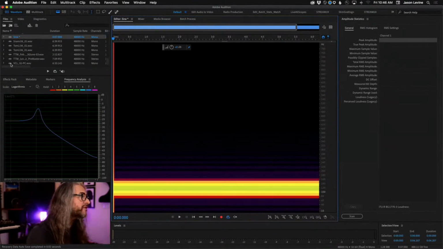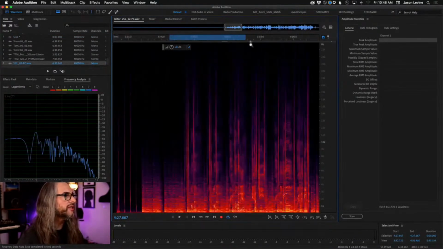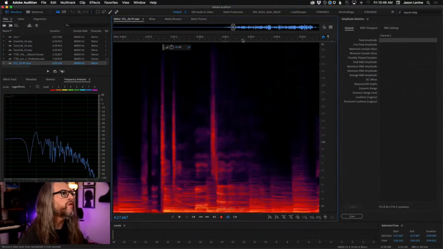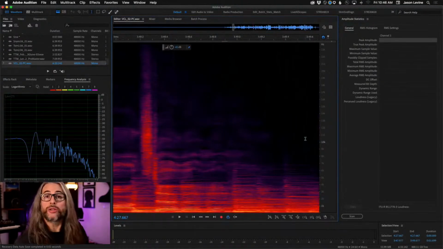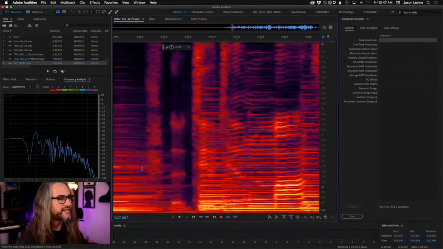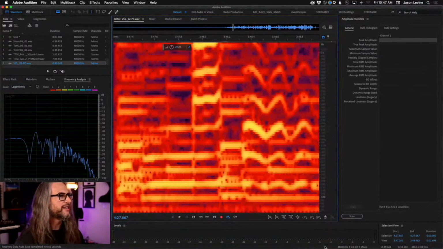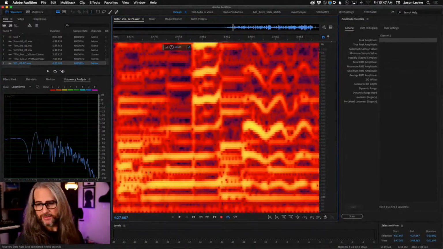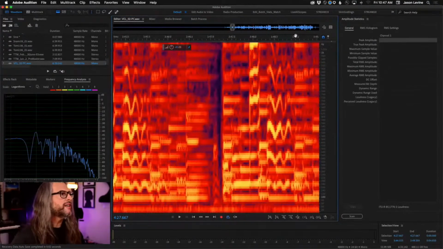Now, contrast that to something like a vocal. So this is me singing a vocal, all right? We'll zoom in a little bit more here. Obviously, your voice encapsulates a much larger range of frequencies, right? So down below here, we can see, and again, you see a lot of these wavy lines, right? Well, when they're totally straight, that's just telling you how amazing my pitch is, right? When you're seeing them wiggle like that,